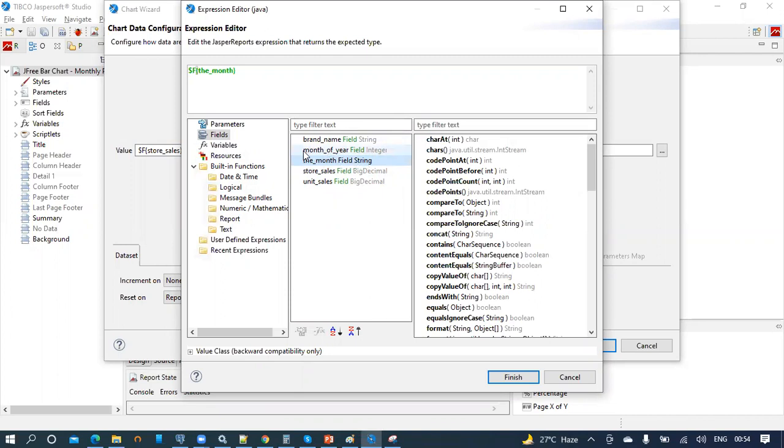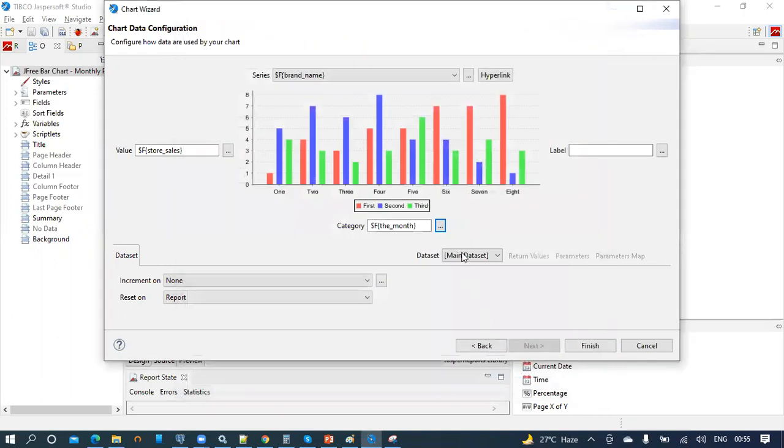If I don't take the month of year, I cannot sort the months in the general way of representing the months, unless we have the numeric value of the month. So I have these two to represent the months in the right order. Select the month, then click on finish.